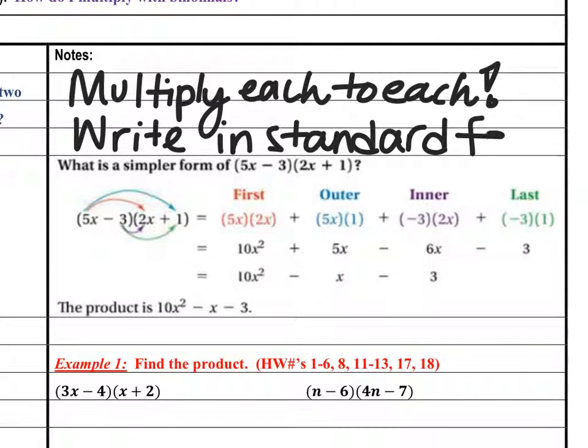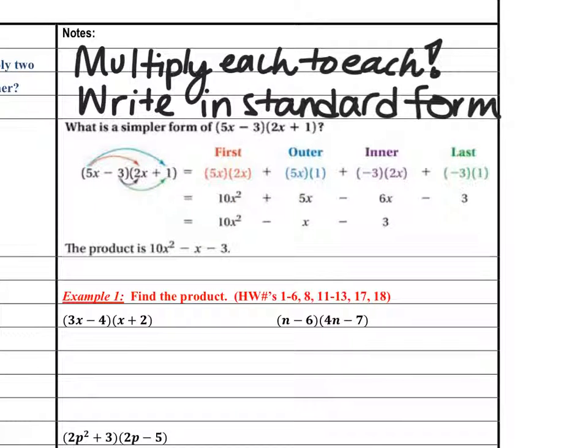Remember, standard form is when the exponent decreases from left to right. So the biggest exponent should be on the left, and then the constant should be all the way to the right. When I say multiply each to each, I'm saying multiply each term to each other term in the other